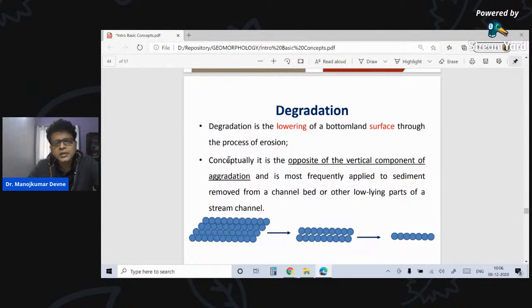Degradation. Now, this is another term that we need to understand with regard to geomorphology. You know this as a dictionary term, but let us understand it in the sense of geography. Degradation, degrade, bringing it down. You'll see here you have 4 layers. It has been degraded to 2 layers, further degraded to 1 layer. So conceptually it is the opposite of aggradation, the second term we're going to come to, which is the opposite of degradation.